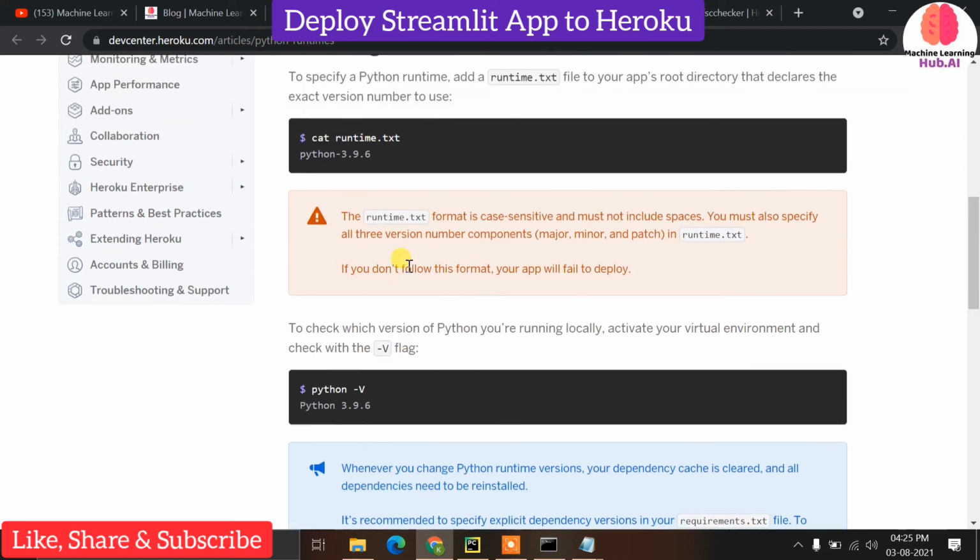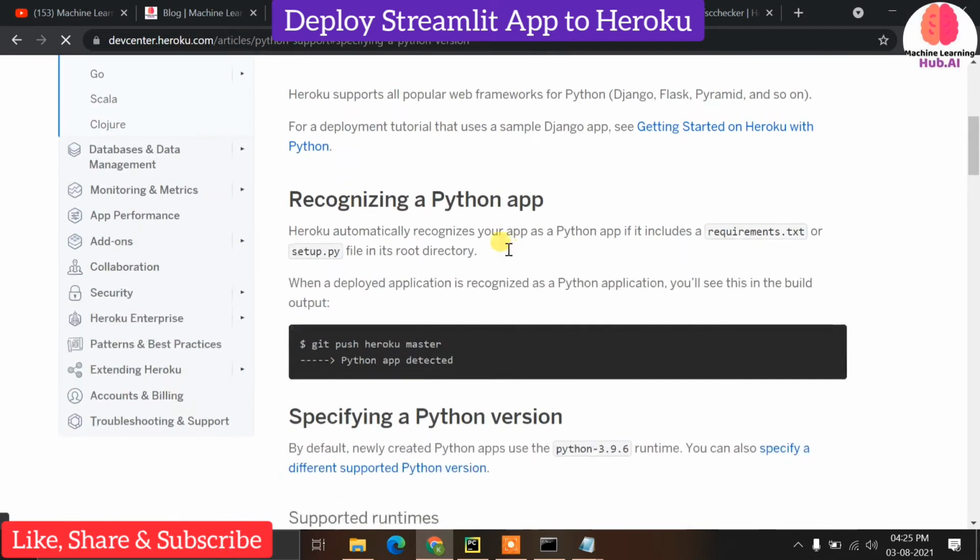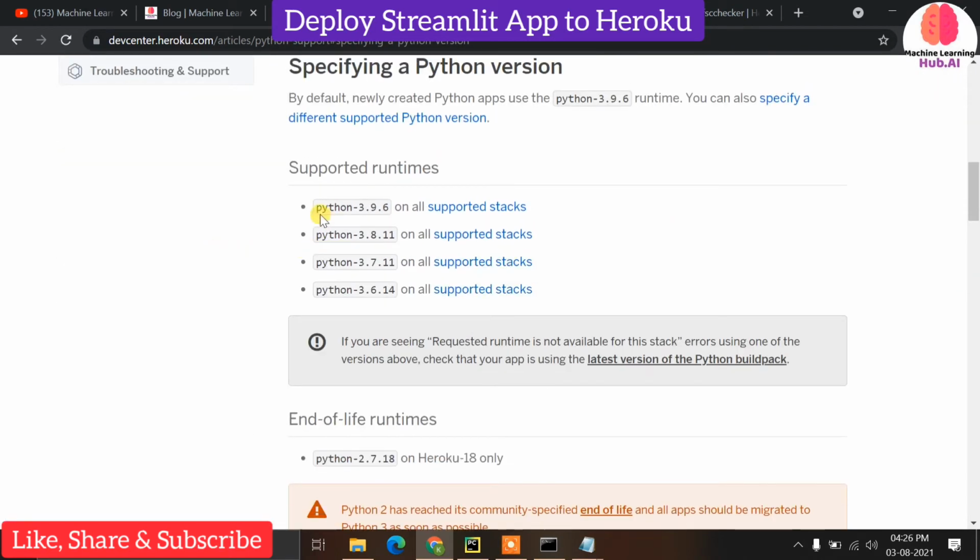Okay, let me check. You can see only these versions are supported: 3.9, 3.8.11, 3.7.11, 3.6.14.